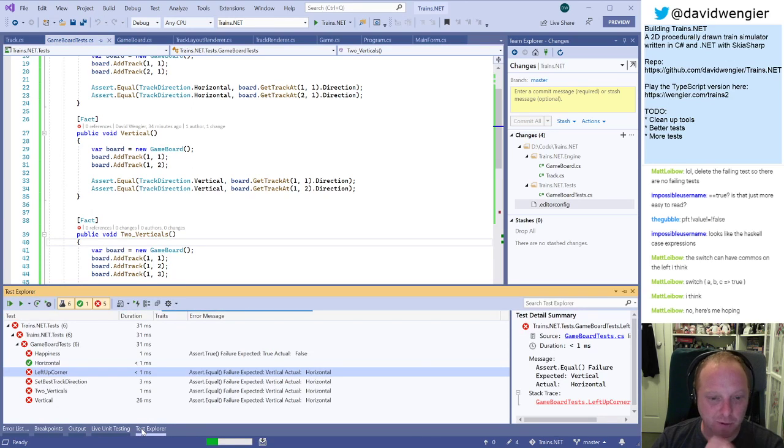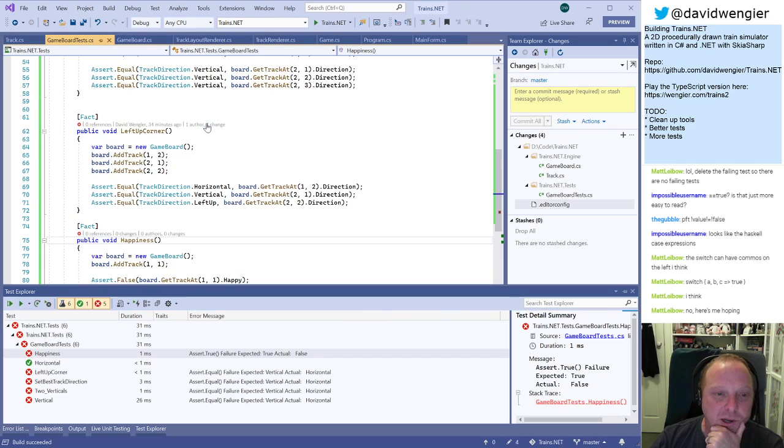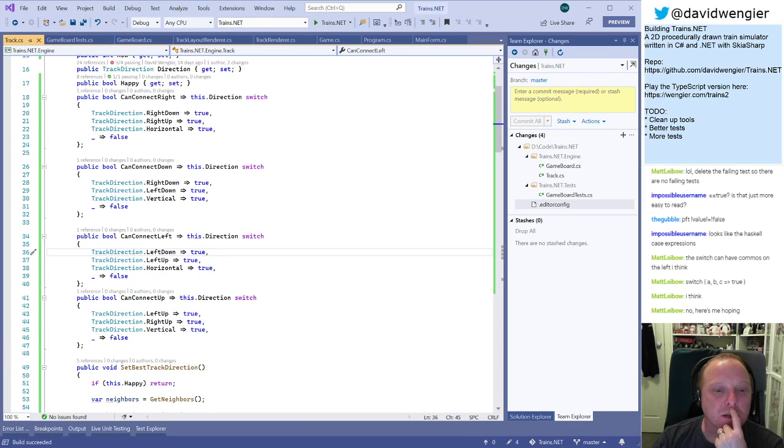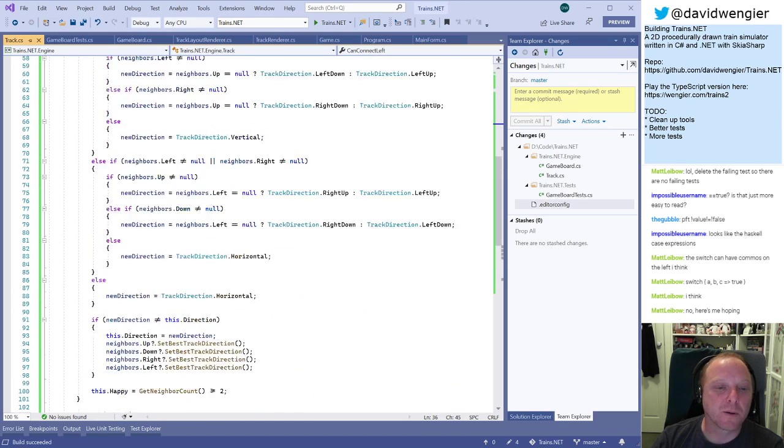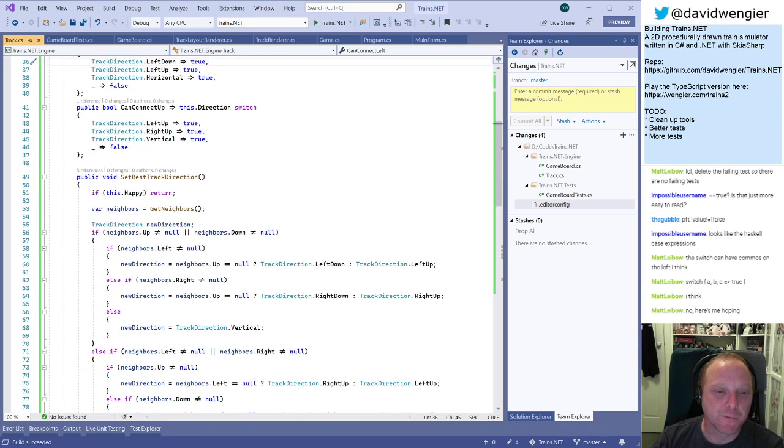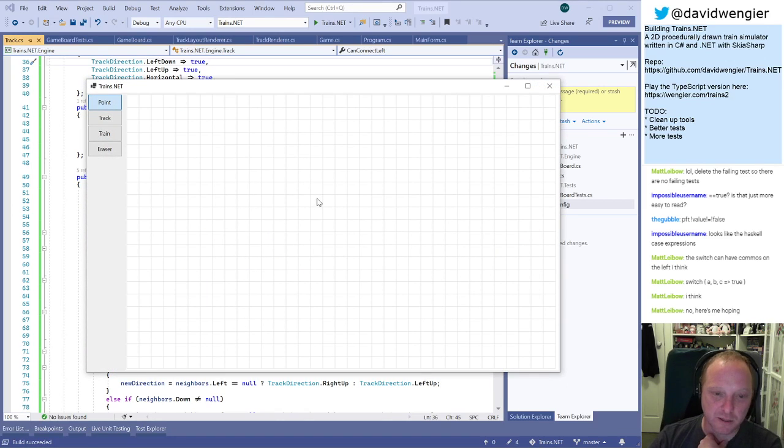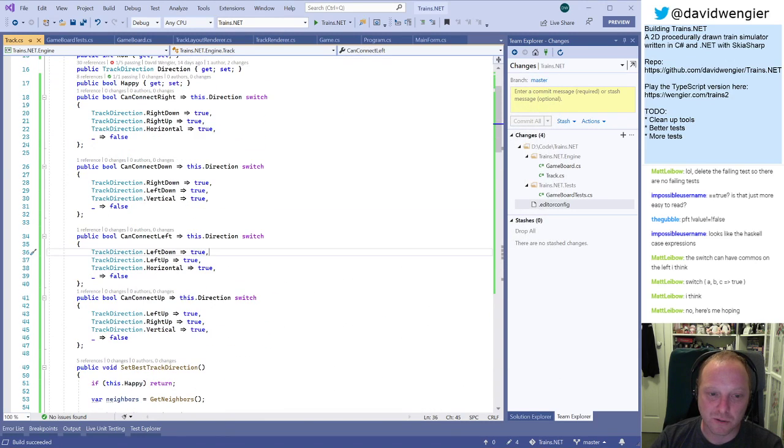Alright. I broke every test. I'm guessing that's because I'm not returning neighbors now, and so stuff's gone wrong. Let us visualize the wrongness. Horizontal. These should both change to vertical. They don't. Oh, okay. So, there's a track. When I draw this track, it's going to say, hey fella above me, can you be connected down? And the answer is no, because it's horizontal. But the answer should be yes, because